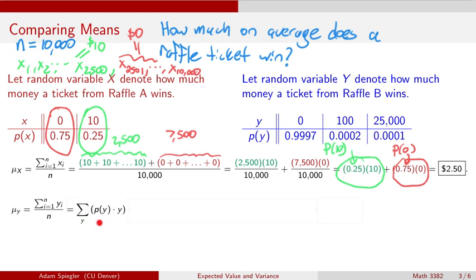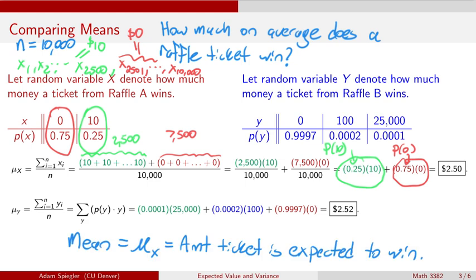Namely, I'm going to just add up the sum of the products of each of these probabilities times the value y. So we have three different outcomes here, a payoff of 0, 100, or $25,000. So I'm going to have three pieces of this sum for the mean value for random variable y. So this is like the 0.01% chance of winning $25,000, the 2 out of 10,000 for winning 100, and all the rest of the people that don't win any money. And calculating this sum gives us a mean of